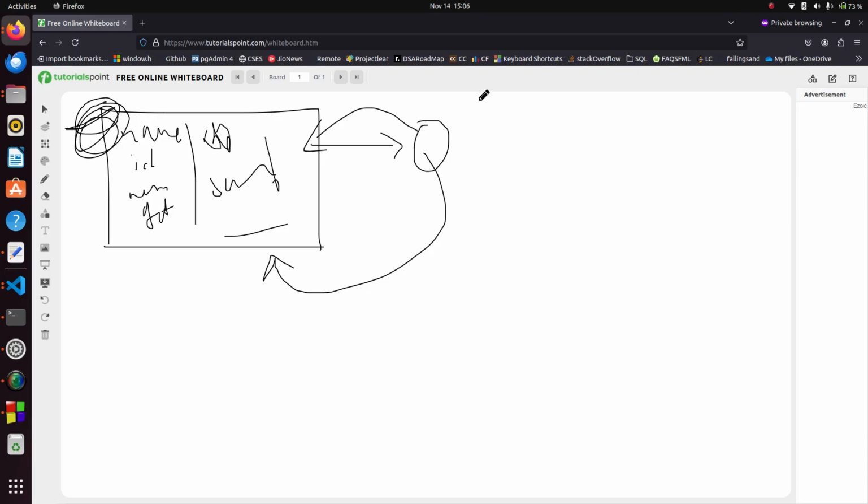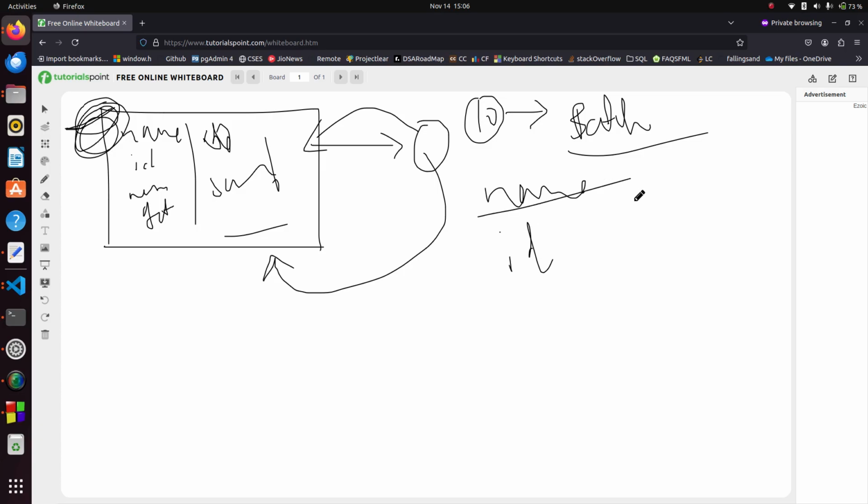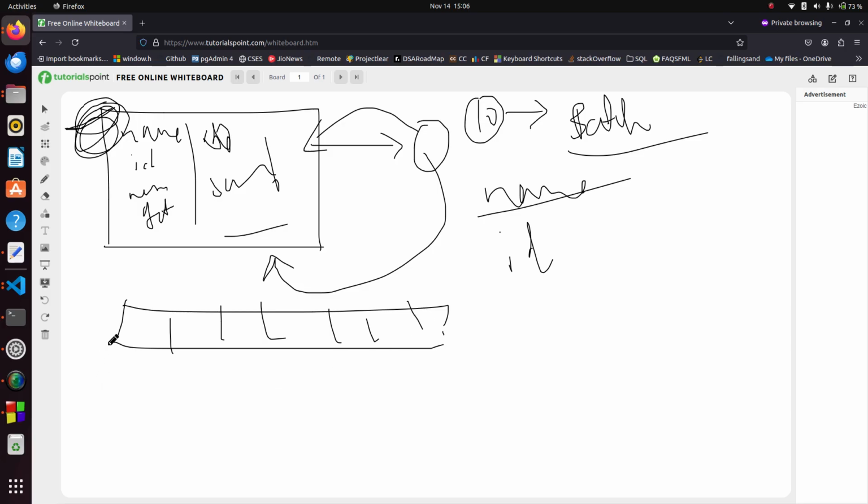Let's say we have 10 students in a batch, and every student has a name and an ID. For now, we are keeping it simple. So we have two ways. First, we can create an array of string type which can store 10 names, and an array of integer type which can store 10 IDs. Second,